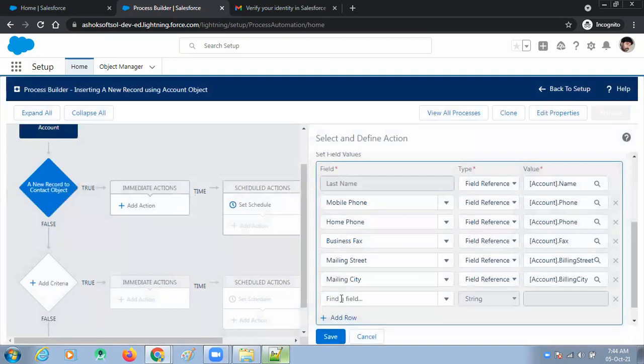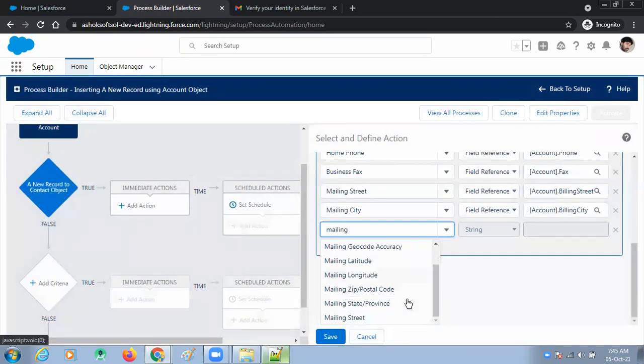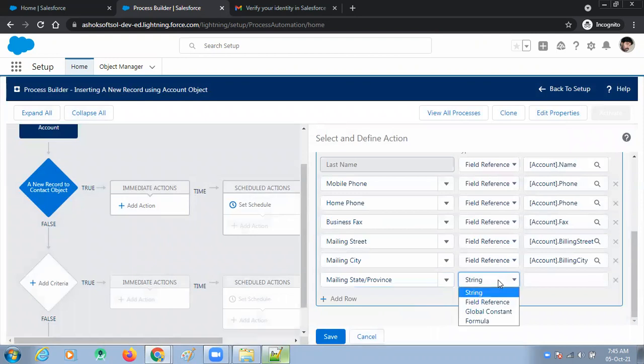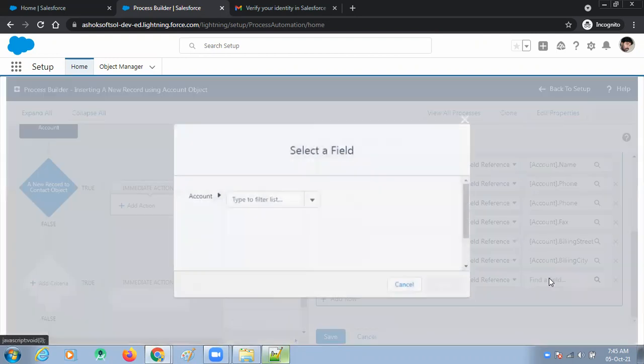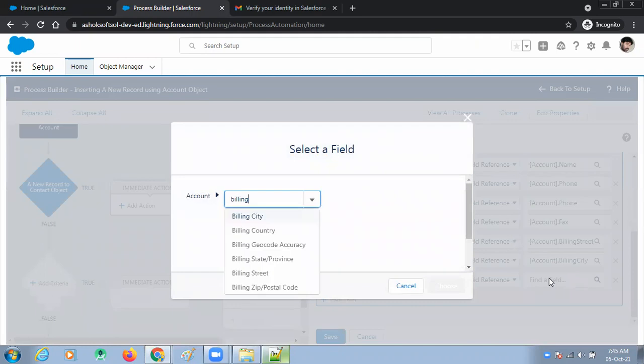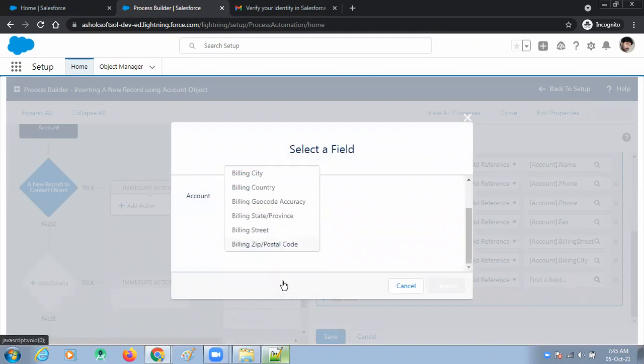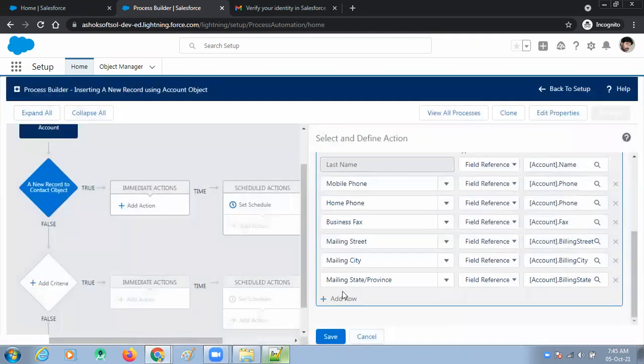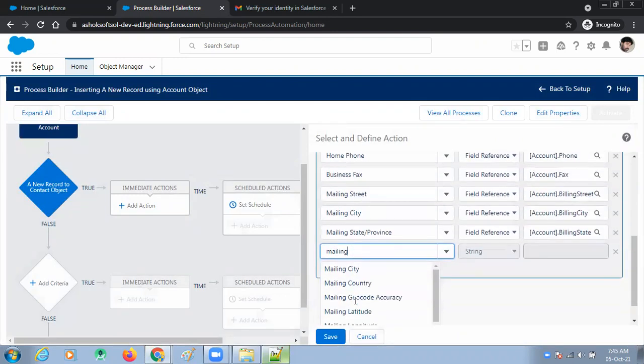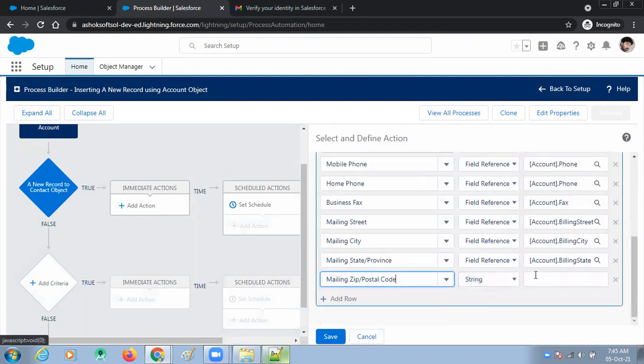Okay. Next, mailing state. Where is mailing state? Equal to field reference billing state. Where is the billing state? And mailing postal code into billing postal code.